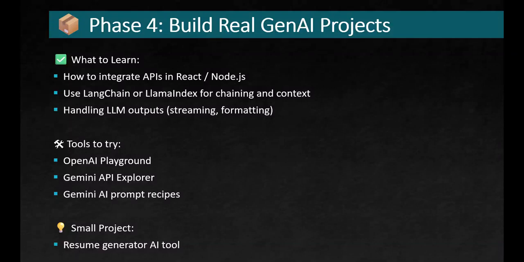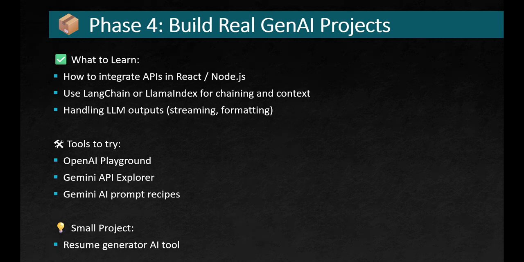So phase number 4 is nothing but building a Gen AI project. You will get a better understanding of how it works. In this phase, you can integrate some APIs or create projects in React or any other front-end libraries, or back-end libraries like Node.js. You can also leverage advanced libraries such as LangChain. These help with chaining the prompts, managing the context, and handling LLM outputs like streaming, response, formatting, and many